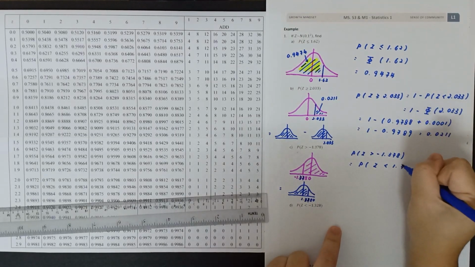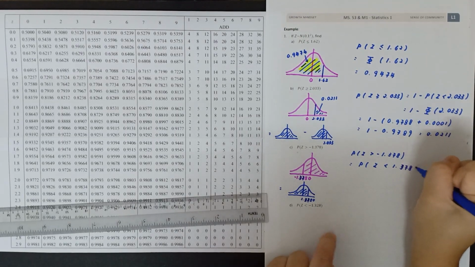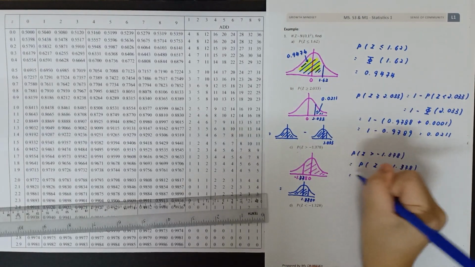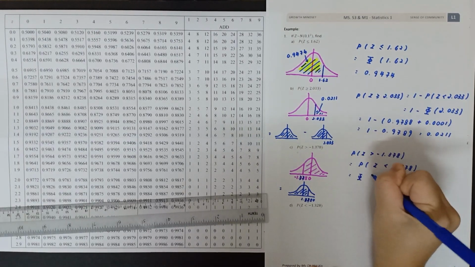Okay, 1.378. Is that okay? Sorry, I wrote the wrong number. 1.378. Is that okay? So the probability that Z is greater than negative 1.378 is equal to the probability that Z is less than positive 1.378. Now you have Z less than, then you can write in phi already. So it equals to phi